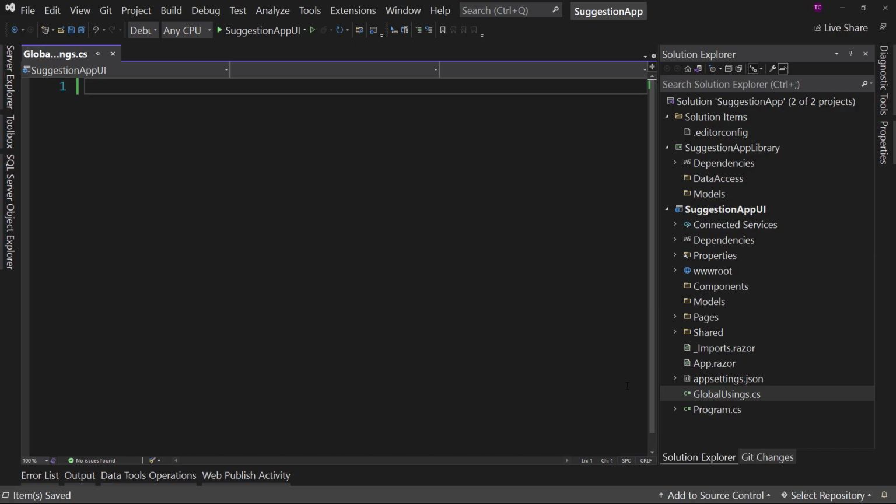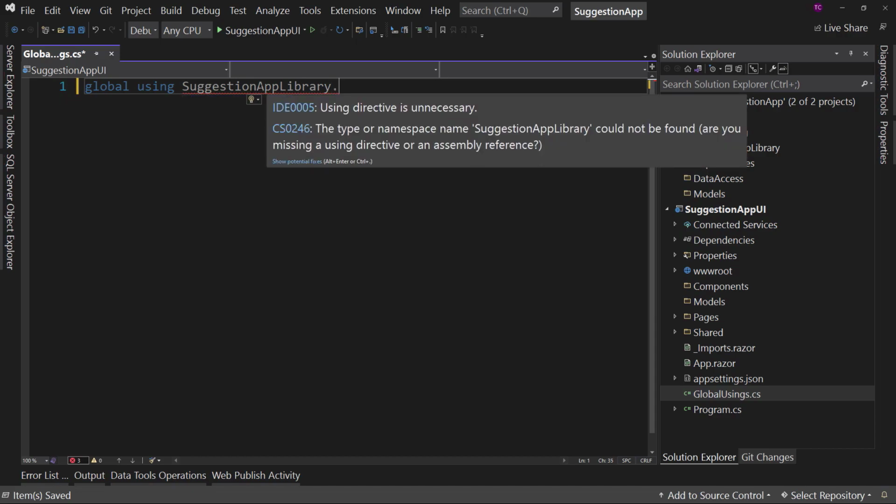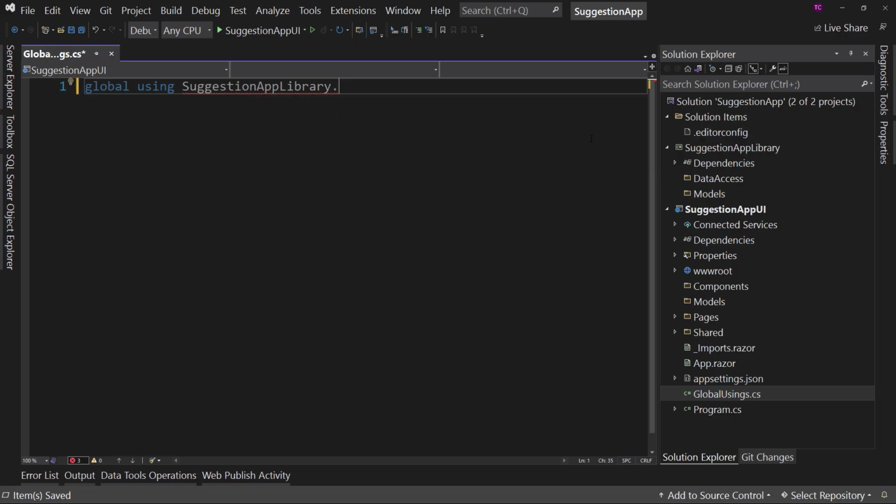So I'm going to create some usings in here that will reference my class library project specifically, but I don't have anything in these folders, therefore I can't just reference it. If I said global using and I said SuggestionAppLibrary, notice it's not even letting me do that. And then I say dot and it's like, no, I can't find that namespace. You might say, well, maybe you're missing a reference. Nope, that's not it. The issue is I have no classes in my library,